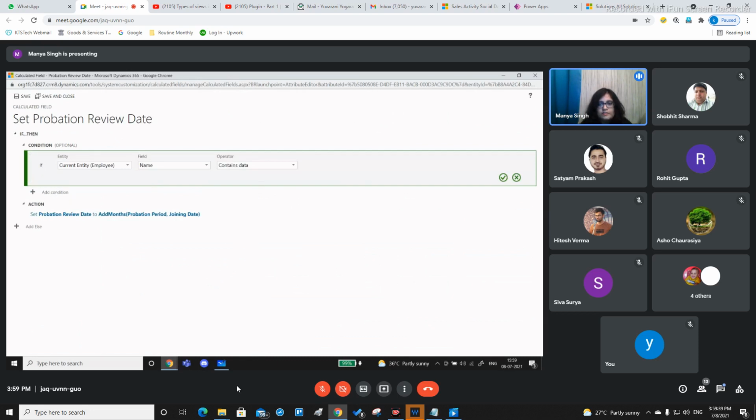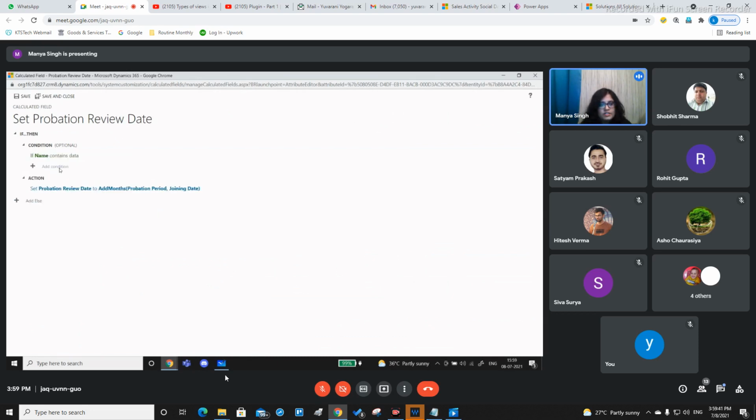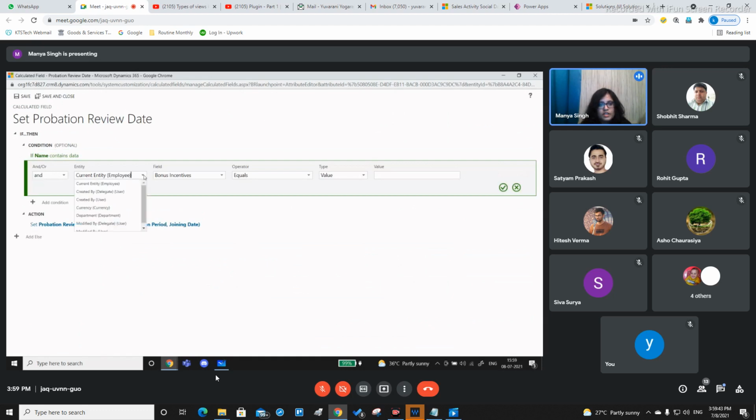Now, if here I was to add another condition, say for the current entity employee, the field is probation period. Probation period is greater than a particular value. Value is 0. Then there is going to be a relation between these two conditions as well.